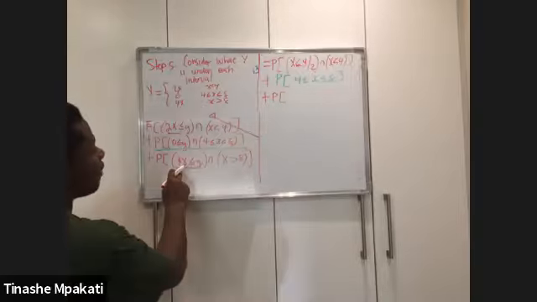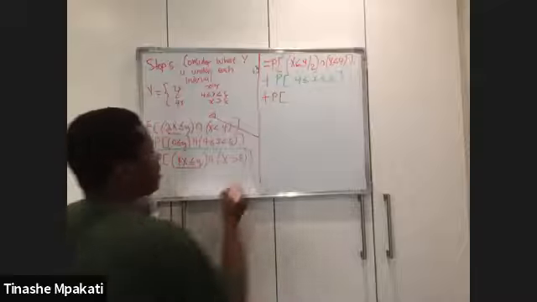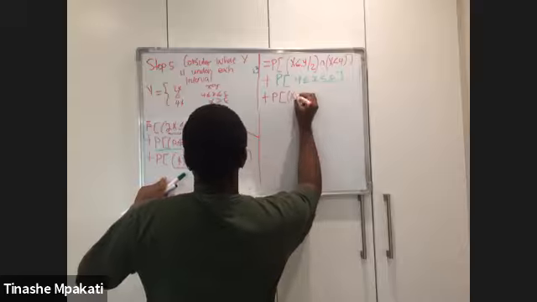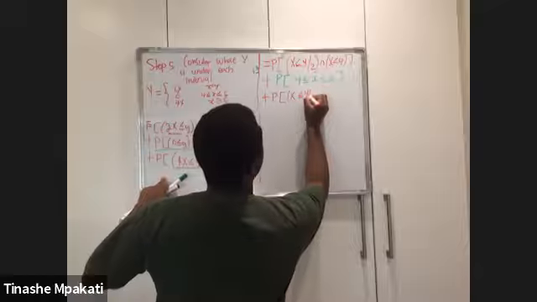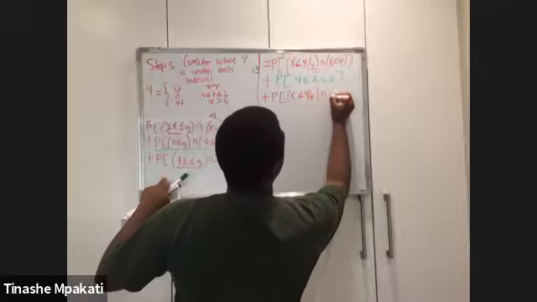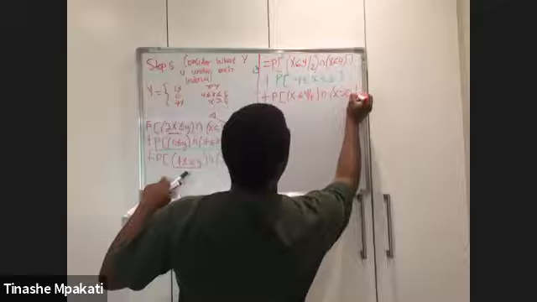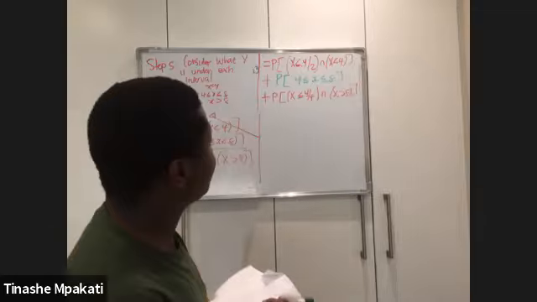Instead of me writing 4x, I want x to be the subject of the formula. So this will be the probability that x is less or equal than y over 4, and this is intersecting with my x being greater than 8, like this. So this is what we now have.